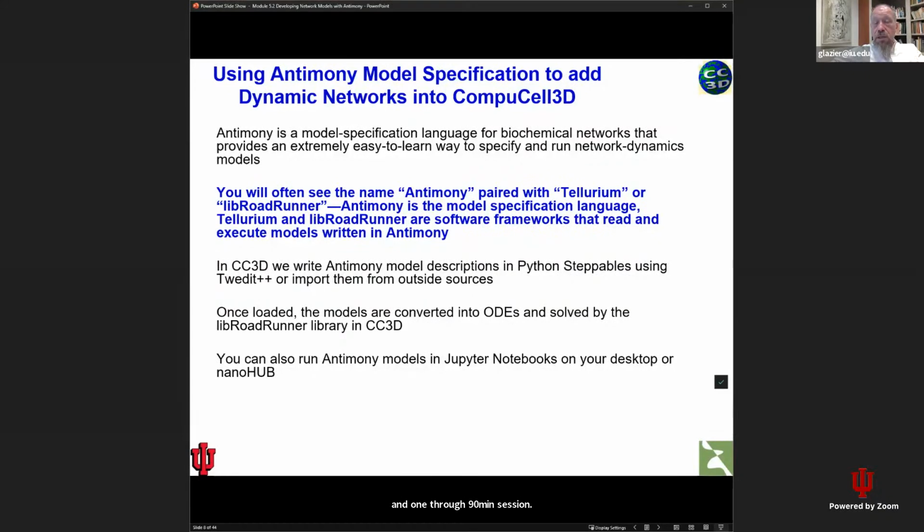And you'll see inside of CompuCell references to SBML rather than to antimony or networks or tellurium or something else. And you'll also see the term tellurium and antimony paired together. Herbert Sauro, who was the originator of antimony and tellurium, although chunks of these were written actually by Andy Samoji, who used to be a postdoc here at Indiana University,